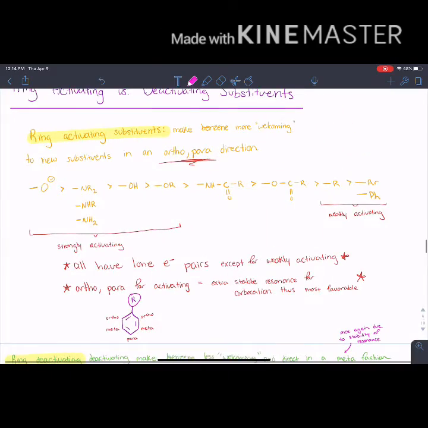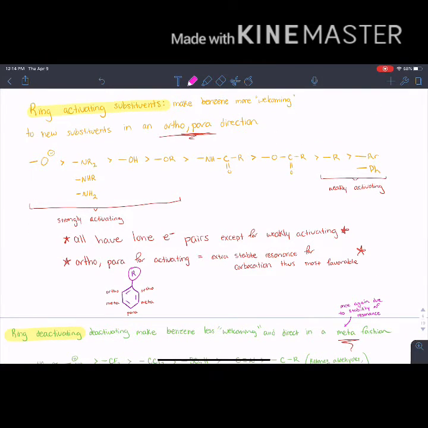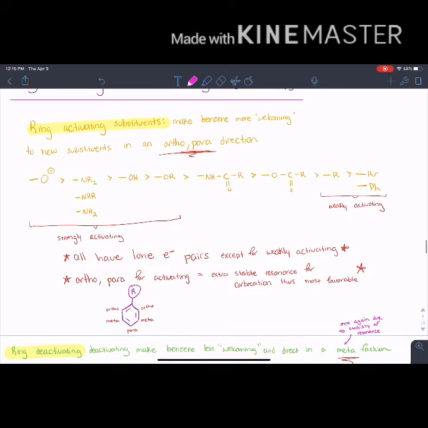So strongly activating groups all have lone pairs, except for the weakly activating groups right here, like the phenyl groups and the carbon chains or alkyl chains, right? Alkyl groups. Ortho-para for activating, right? That results in an extremely stable resonance for carbocations. Thus, that makes it the most favorable. I could draw out all the resonance structures, but long story short, ortho-para is the best. That results in the best resonance structures, and that's why ring activating substituents result in ortho-para